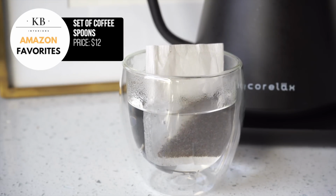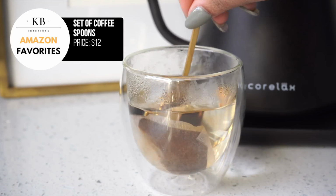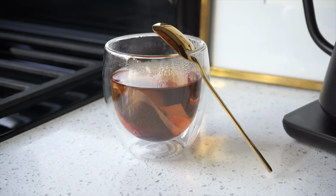So I love for all things to be beautiful, which is why I love this coffee spoon, because of course it has utility, but you get a set of 6 coffee spoons for $12. Now it comes in gold, black, silver. I have them in gold and I think they are very cute and they hold up super well in the dishwasher, which is always something I need to think about when we are getting cutlery that isn't the traditional stainless steel. So they hold up beautifully in the dishwasher, and I do love that they have a groove in there